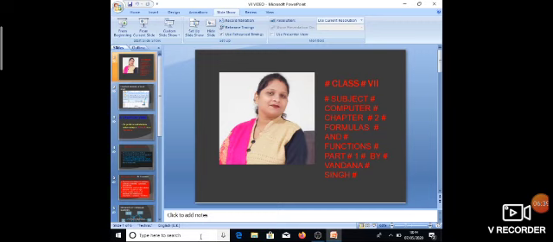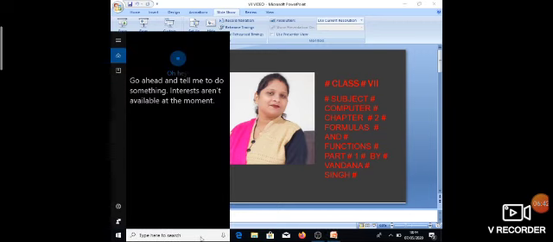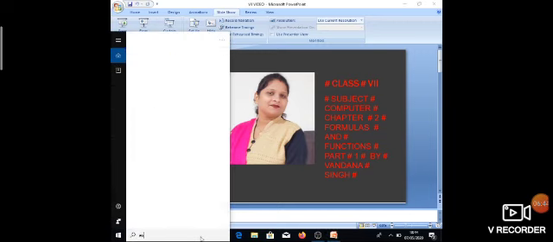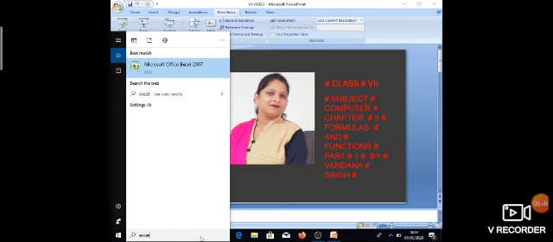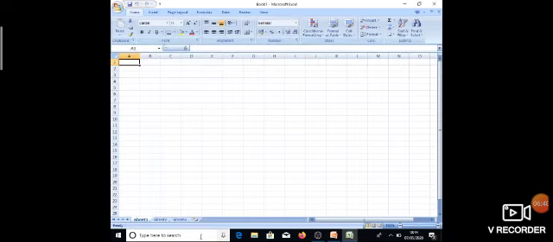Now let us move. I want to show you how to do practical work, how to calculate the result by using an Excel sheet. For this, first we require a workbook.